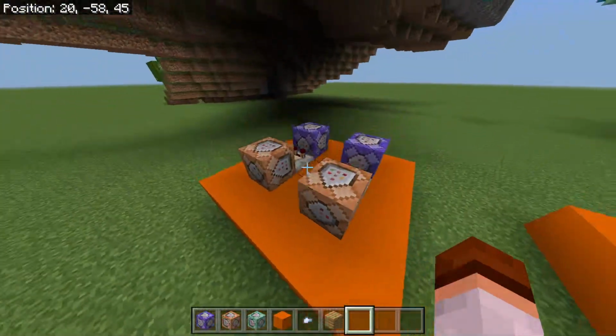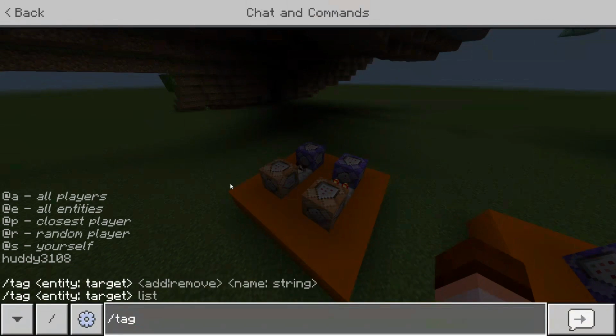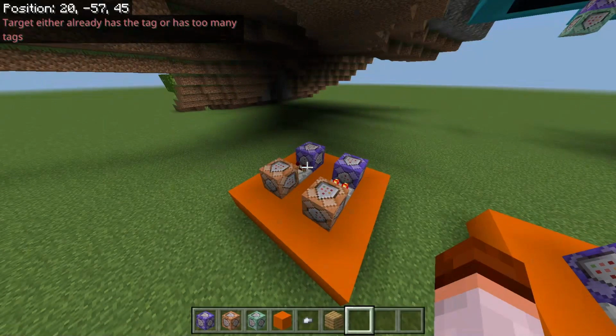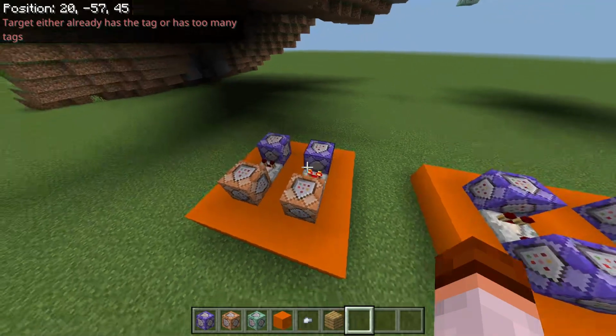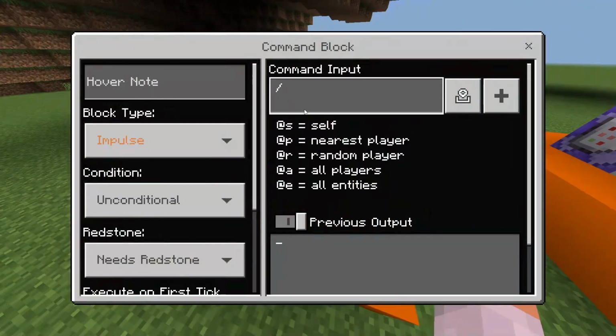And I may have forgotten to mention, if you don't have a tag, just do /tag your name add, and then just name it what you want it to be. Like for example, pilot. I have, well, I can't add it to myself because I already have it. So no, I have it. This one is optional. If you do want it, then copy what I have, or if you want it to be a little bit different from yours, you can. So /title @a[tag=pilot]